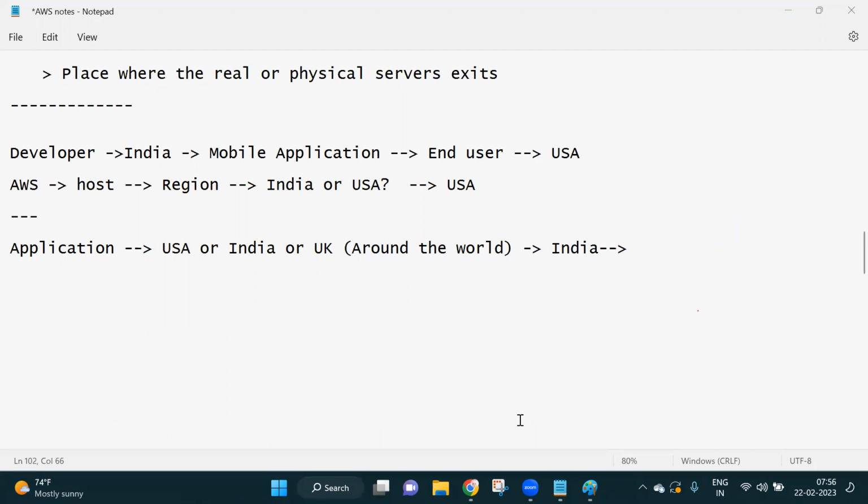This I need your answer. Can you confirm? Your customers are all around the world. But you are the developer, you are working in India. Now, which region you have to select on your AWS?